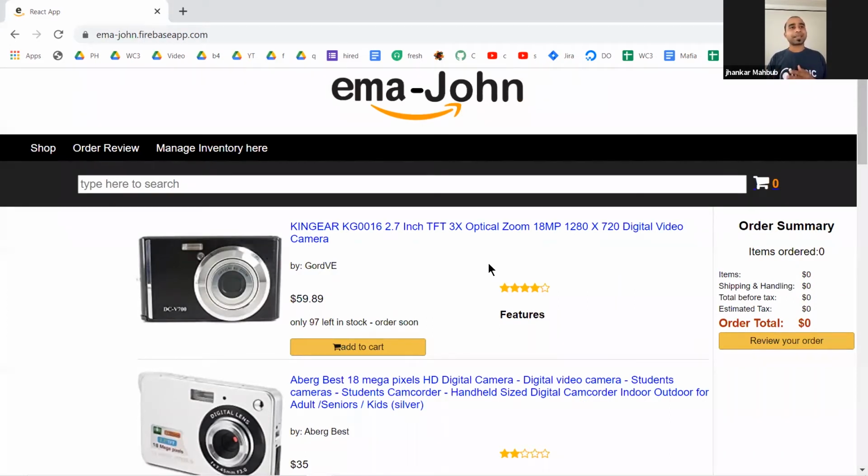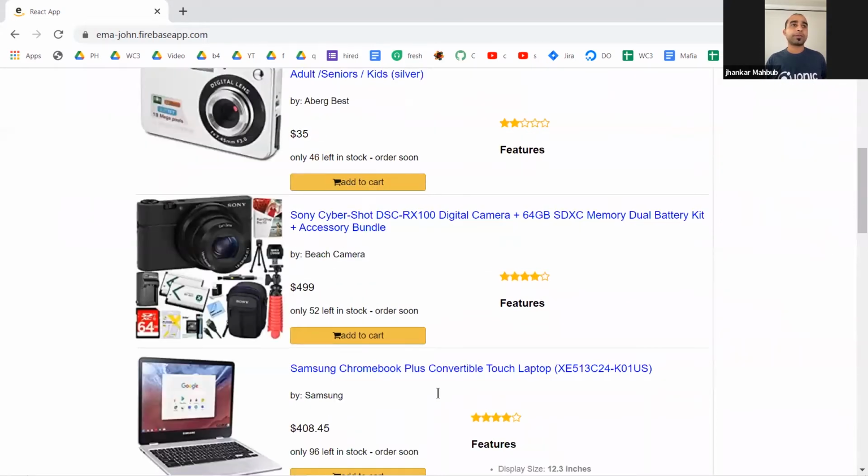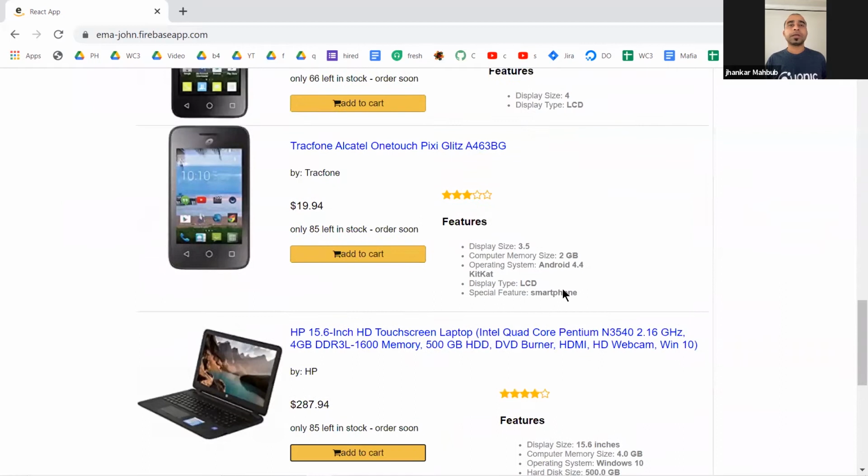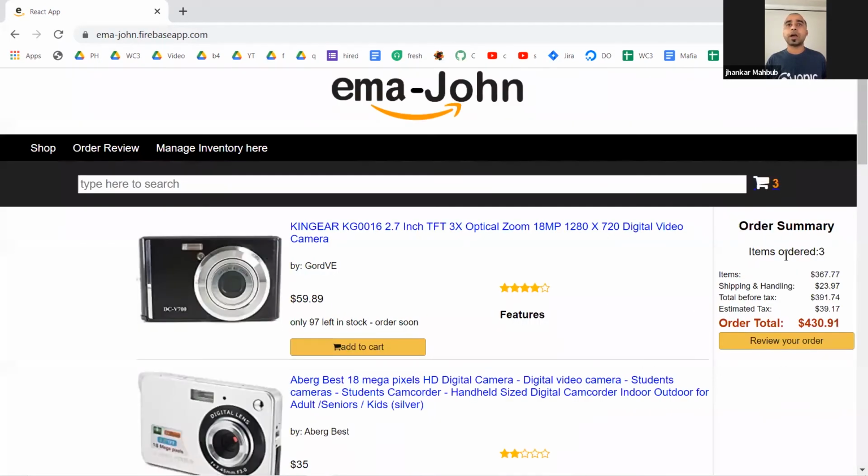So that's an exciting part. And if you have done it correctly, you'll be seeing some part of that. If you purchase a camera, or a phone, or a laptop, it should show how many items you have ordered, what the total price of the items is, and if possible, some calculation.